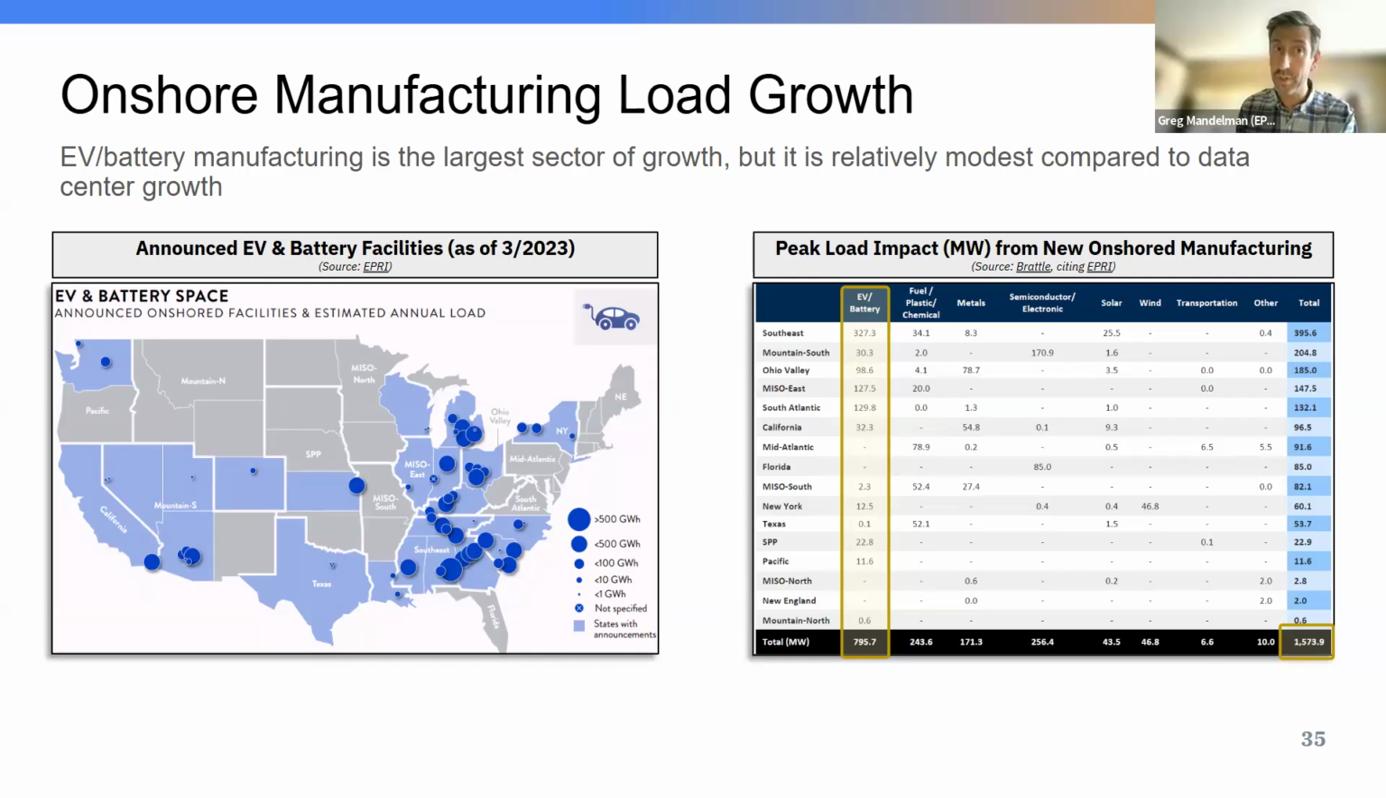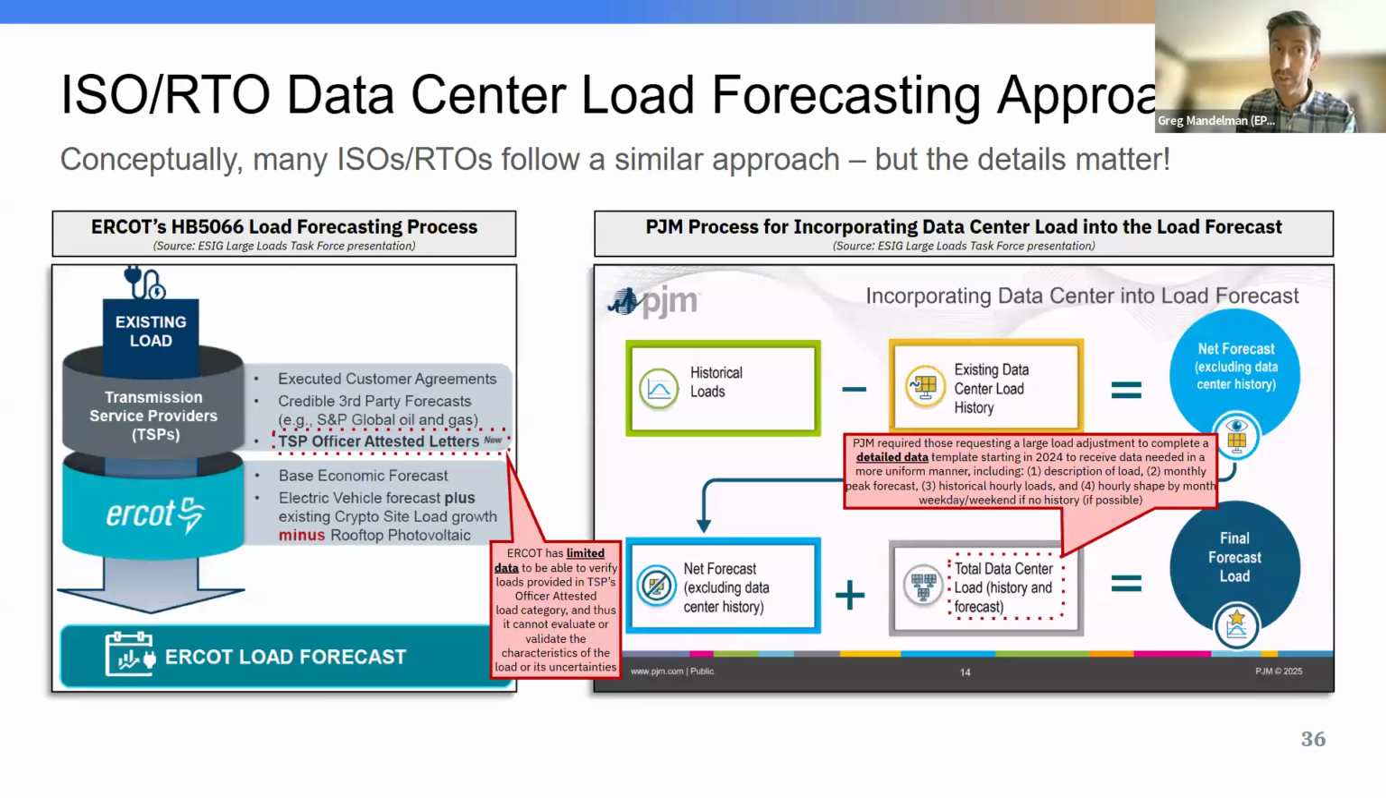We are seeing a lot here, but in terms of our focus today, due to time, we're going to spend more time on the data centers. So we can go to the next slide now, where we're going to start looking at ISO and RTO forecasting approaches. What we're looking at here is a cartoonish version provided by these two entities,